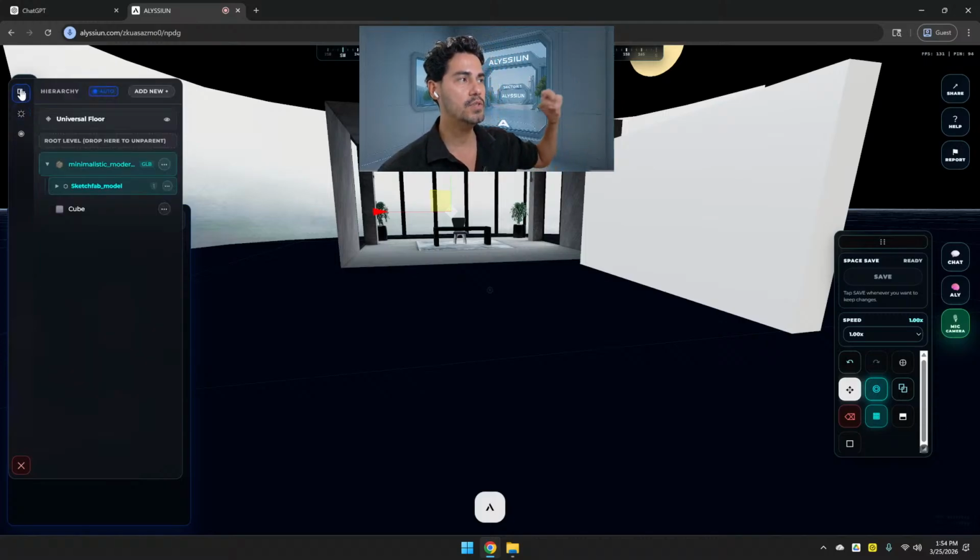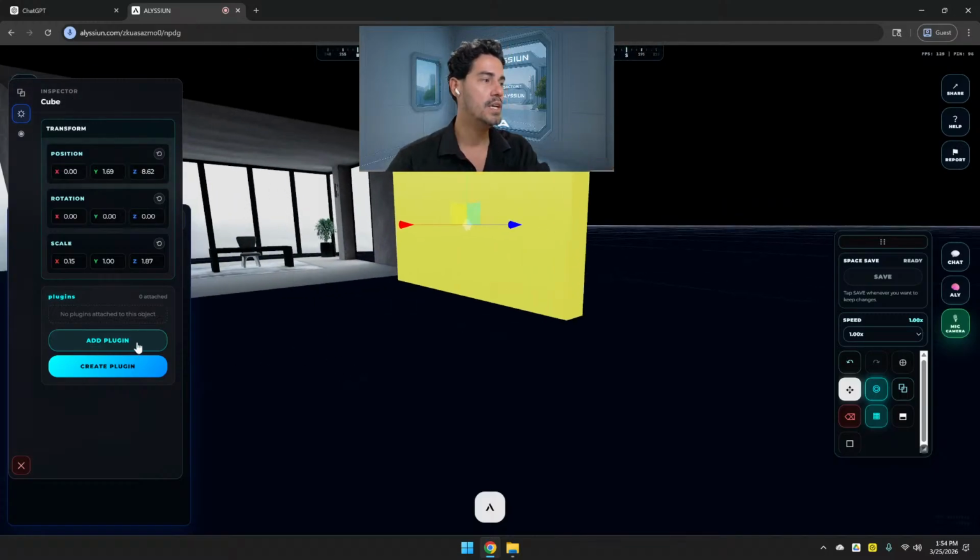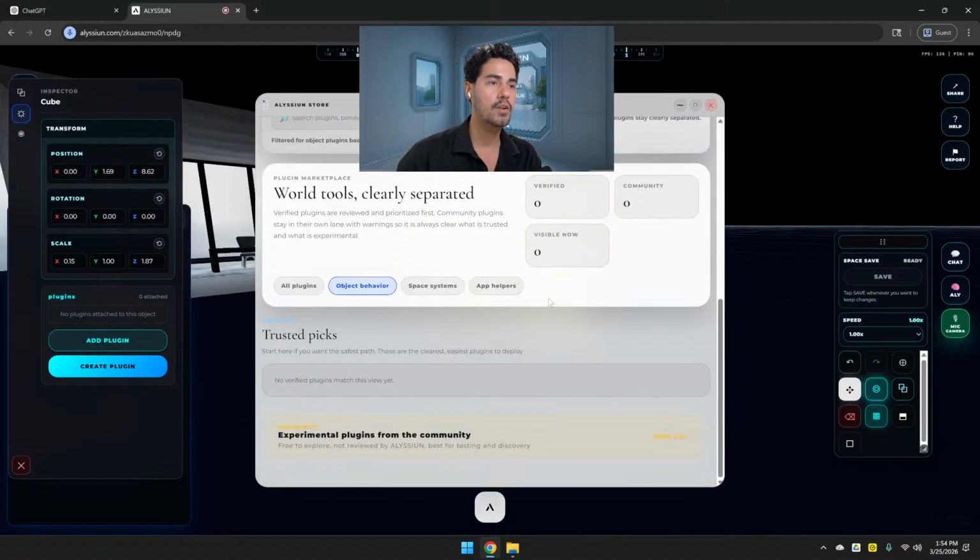This panel has three areas: the hierarchy, where you see all the objects and everything inside the space. The inspector is when you select any object, it gives you everything like transforms, rotation, scale, and whatever you can imagine related to plugins, because that is coming. In plugins, when I press this button here and click add, imagine now a lot of developers, maybe you are a developer, you can start coming here and create amazing different plugins, because actually now it's empty.